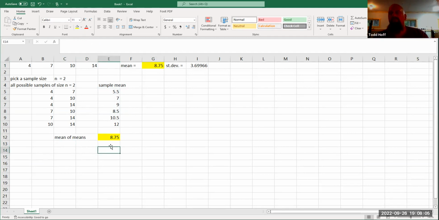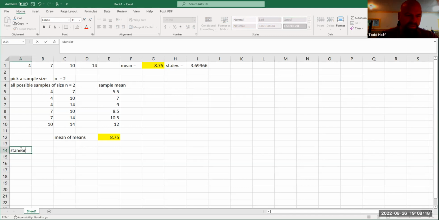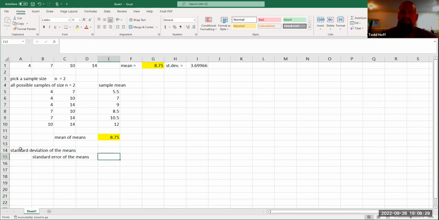So the mean of those sample means is always going to be the same as the population mean. Now, a little bit trickier is the standard deviation of those means, sometimes called the standard error of the means. Now, the rule we have is that it's going to equal the population standard deviation divided by the square root of the sample size. However,